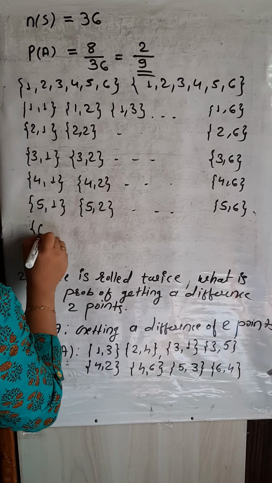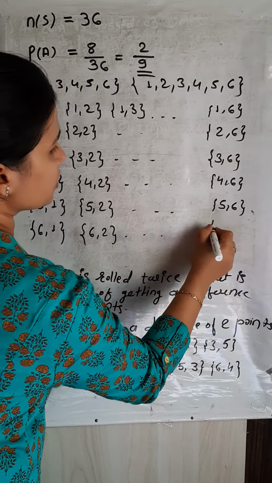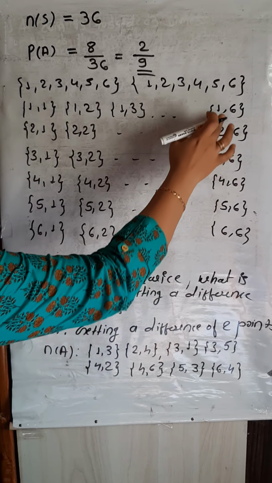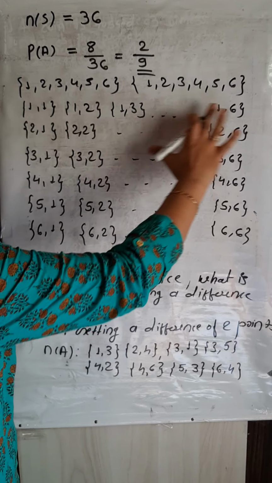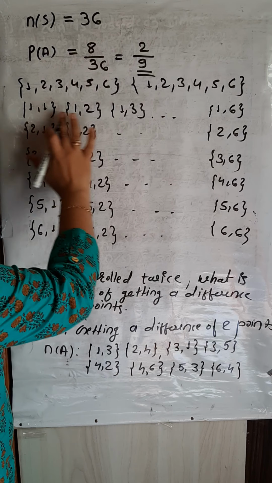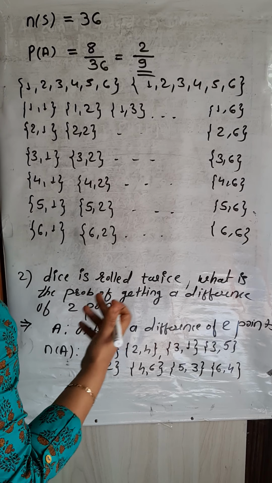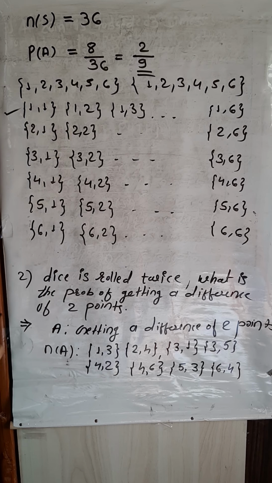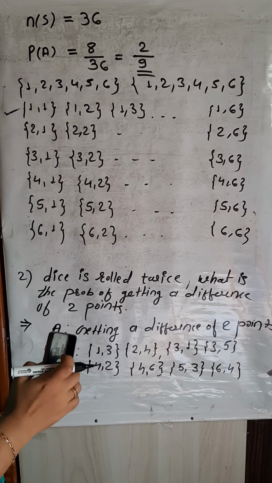And here 6 comma 1, 6 comma 2, and so on up to 6 comma 6. In this line 6 items, in this line 6 items, so 6 items are 6 times, right? So I will get a total of 36 outcomes, and from these we have to pick those which have a difference of 2. So every time there is no need to write this whole sample space. You can imagine what the numbers will be. If you remember this once, then you don't need to write the whole sample space every time. This was question number 2.